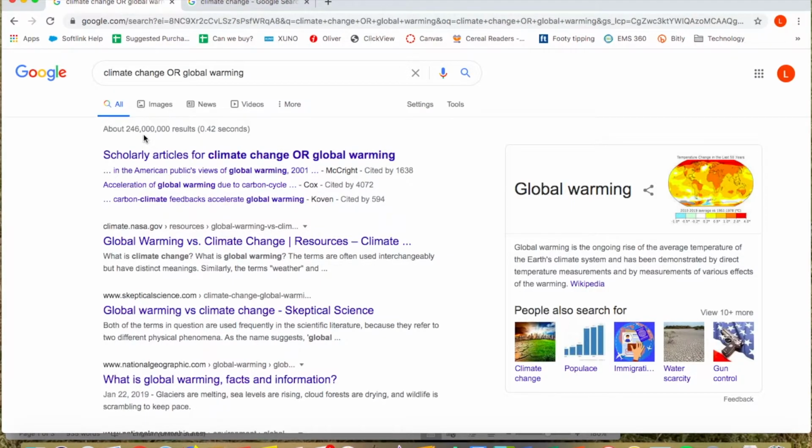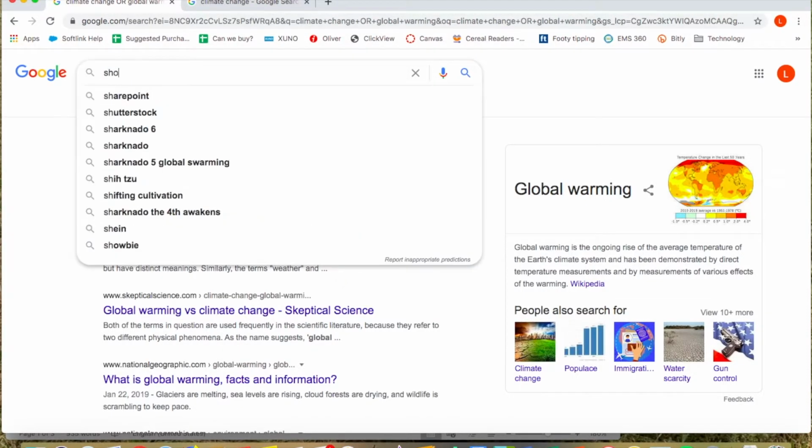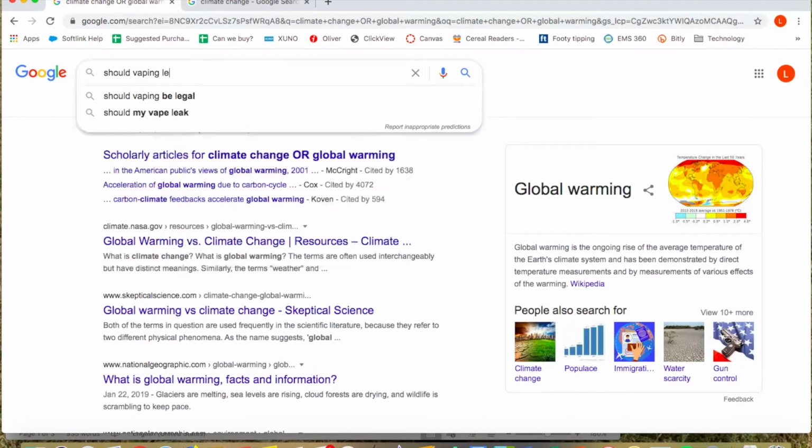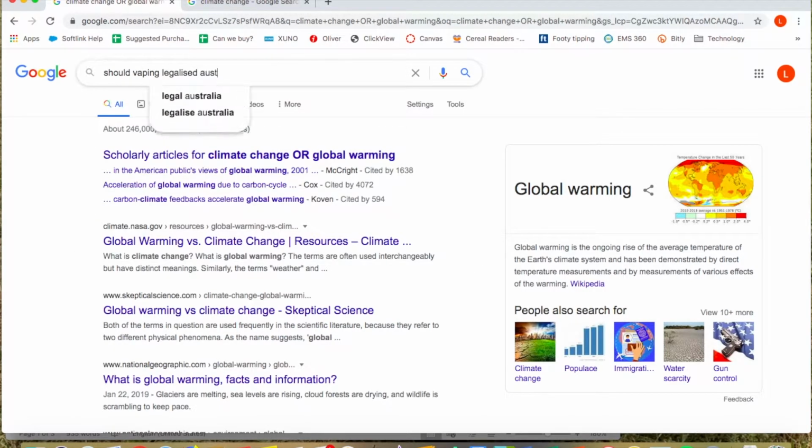Now, sometimes you can be looking for information and you're not quite getting what you need. Let's go back to our first topic, should vaping be legalised Australia? Say we're getting lots of stuff to do with the legislation, and we don't want that. We want other information like opinions, thoughts, statistics.